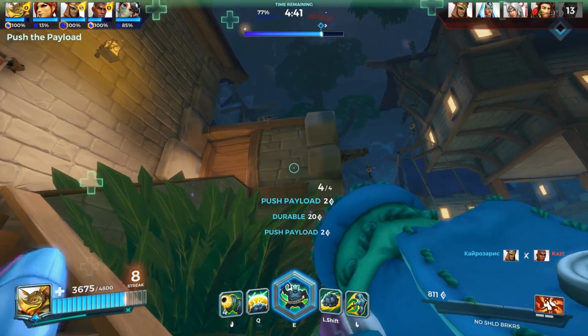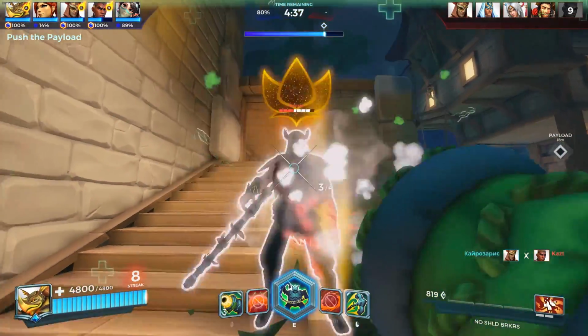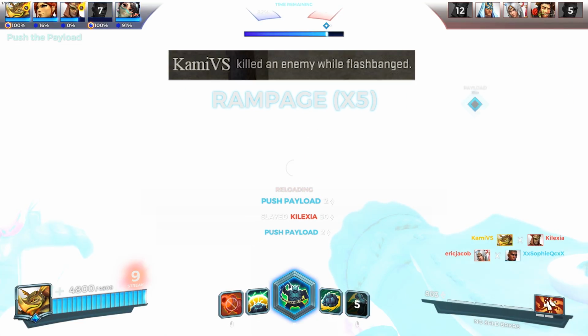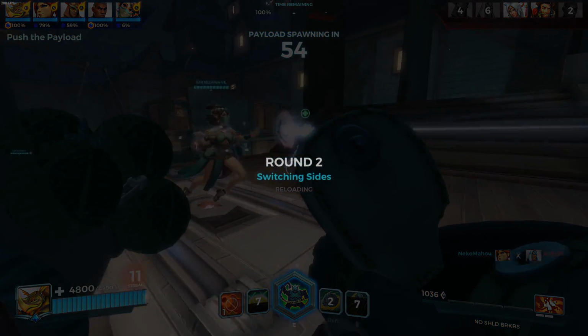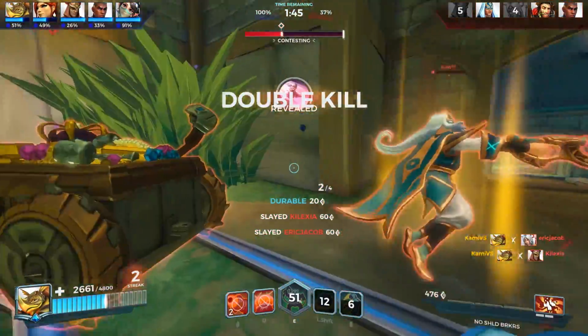So your team will be randomly chosen to either be attacking or defending the payload, right? So once the game starts, the attacking team will have 7 minutes to push the payload in. Once the attacking team pushes the payload to the end, or the time runs out, the team will swap sides. The next round, the attacking team either needs to push the payload to the end faster than Team 1,